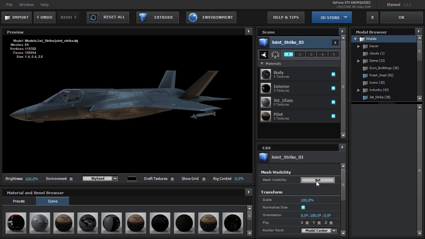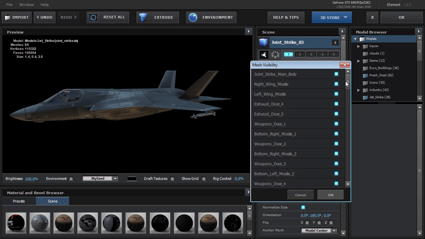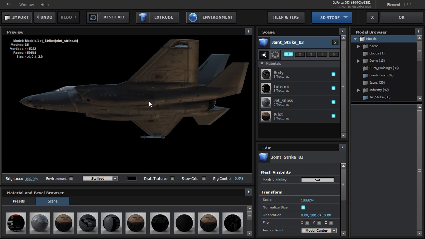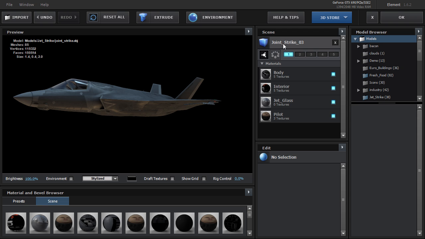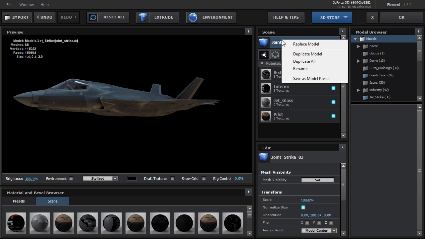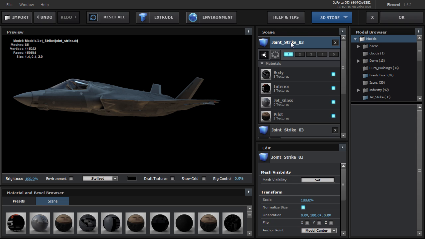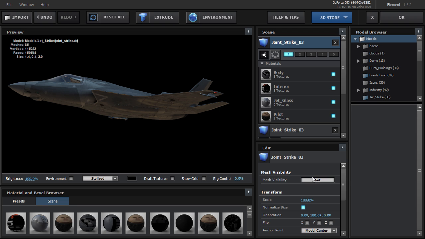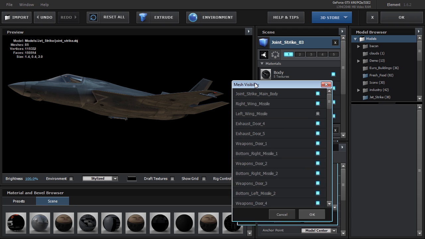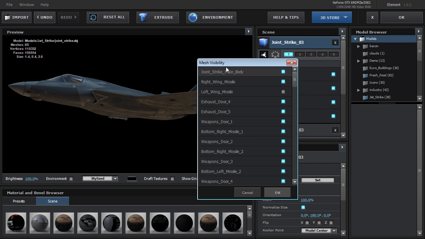So if we click on Set, what this brings up is a list of all the objects that make up this 3D model. So we can really do a lot of interesting things. For example, we've got the left wing missile. Well, I can hide that object, hit OK. So now that missile is not going to render. But what I can do is right-click on this and choose Duplicate Model. And then if we go back into the mesh visibility, we can go to that left wing missile, and instead